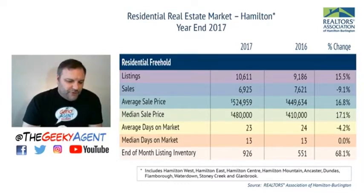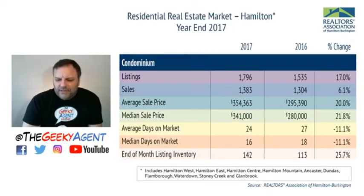And if we switch over and have a look at the condominium market, we can see that the average sale price for condominium units, and these are generally not houses, not detached houses. We do have a lot of apartment type condos, and a lot of townhouse or row house type condos in Hamilton of varying types, single story, 2-story, etc. And the average sale price for those was roughly $354,000, compared to $295,000 in 2016, which represented a 20% increase